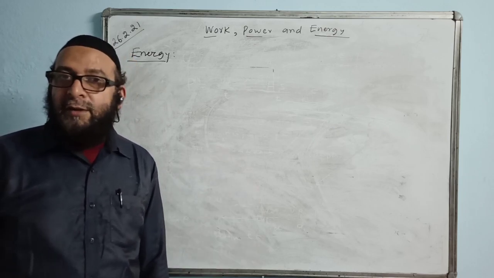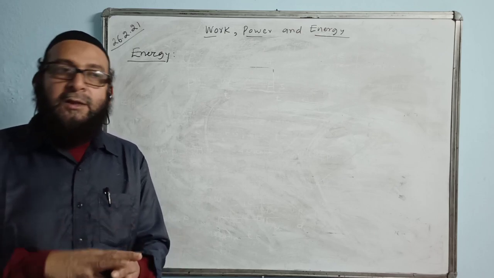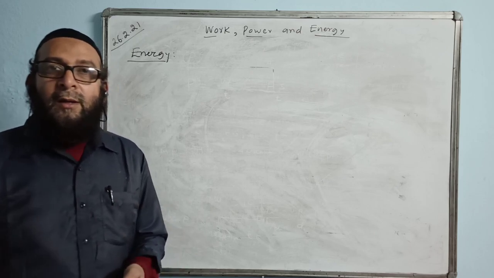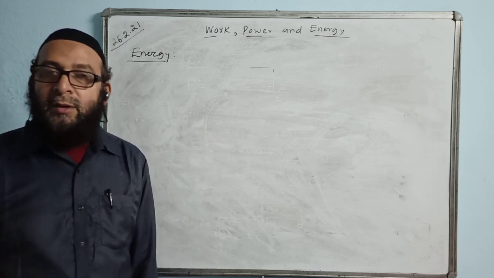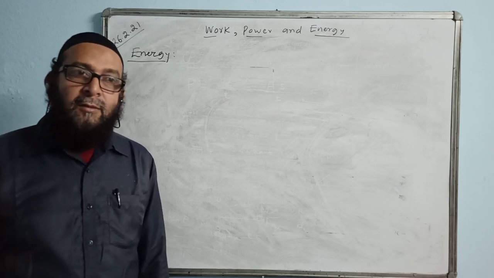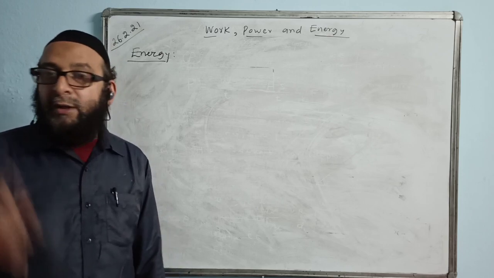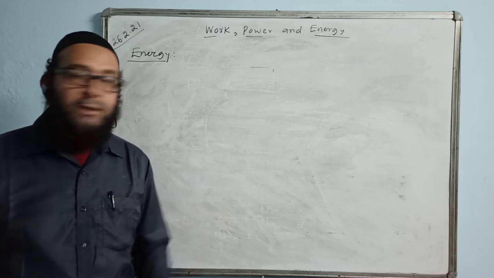What is the SI unit of energy? Because energy is equivalent to work, because with the energy we do the work, the SI unit of energy is also joule and the CGS unit is also erg. And we have other units. I think last time I told you, but once again, other units of energy are calorie, and 1 calorie makes 4.2 joule. That is mainly for heat energy.